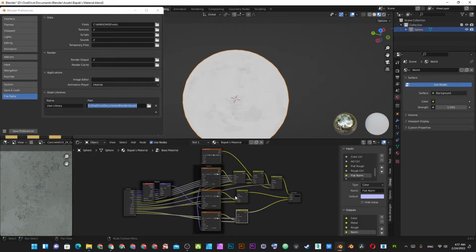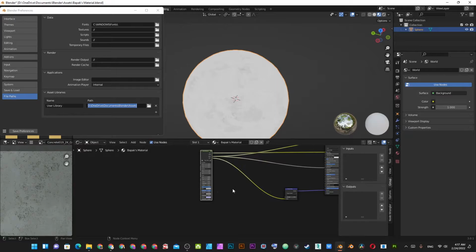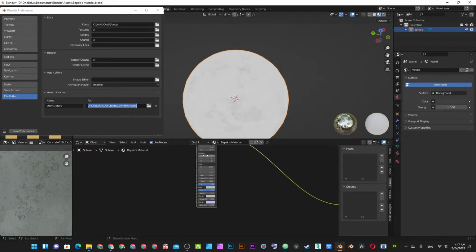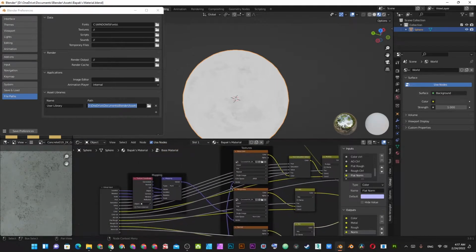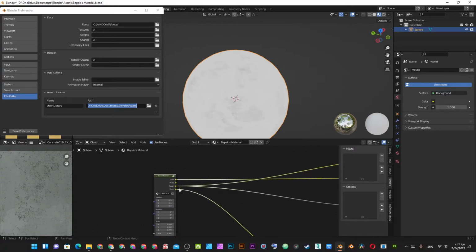If you add any image texture and you want to change the color, or you want to change the roughness and all that, you can just do all that by just tweaking it out here. You don't have to go one by one in the node. Okay, so